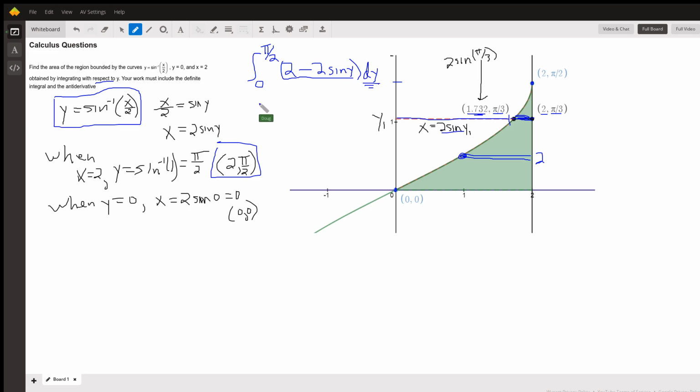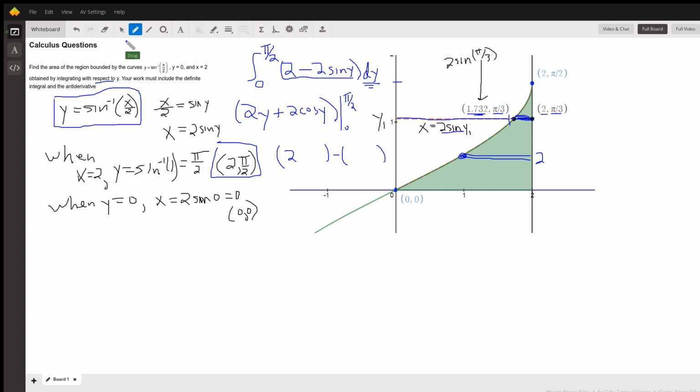We find an antiderivative with respect to y. That'll be 2y. The antiderivative of sine is negative cosine, so I'll get plus 2 cosine y. And I'm going to evaluate that from 0 to pi over 2. If I put pi over 2 in for y, minus put 0 in for y, 2 times pi over 2